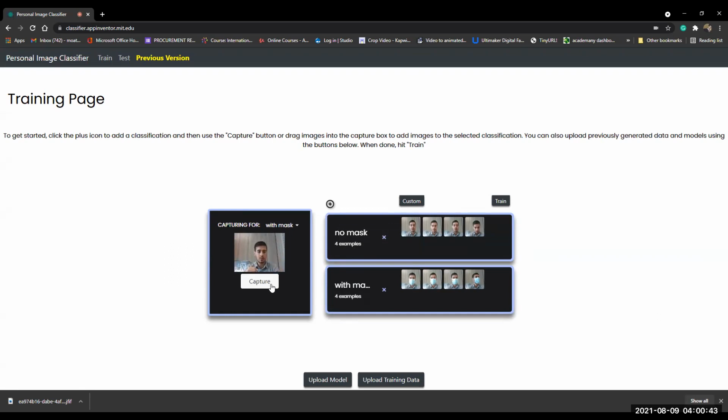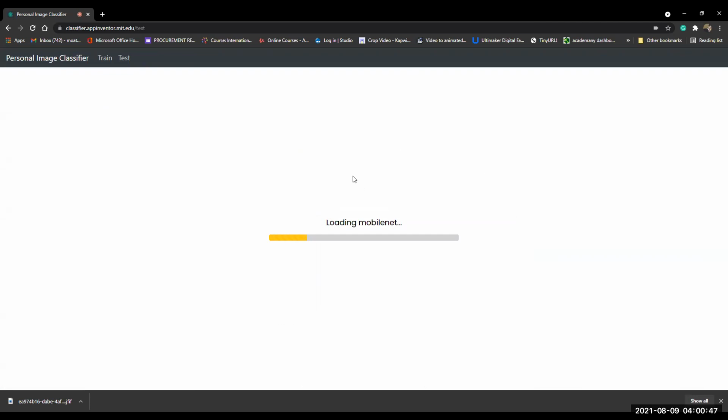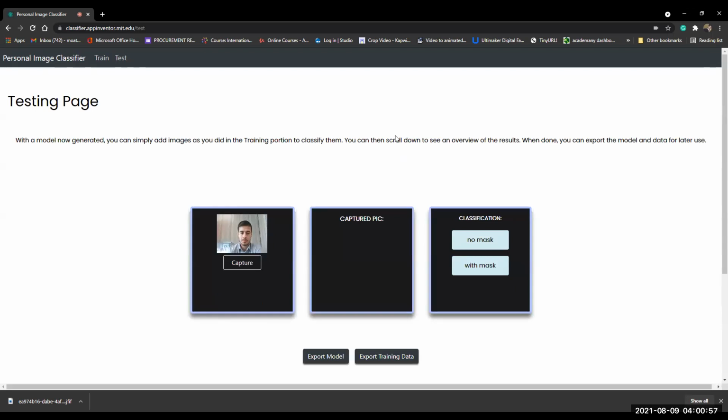So after that, we can go to the next step, which is the training. Now let's start processing the data in order to create the training model. Now here we are in the training. So we need to capture a picture,